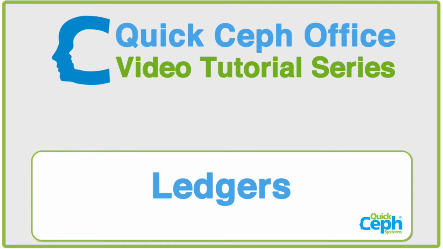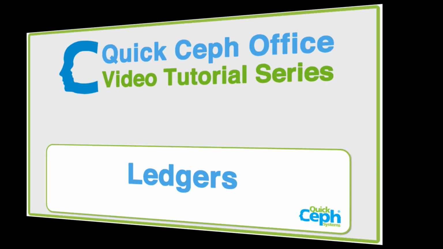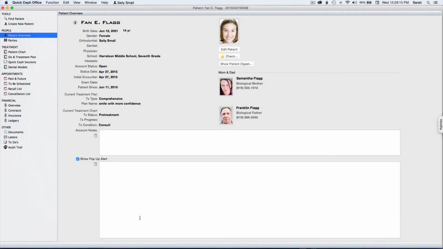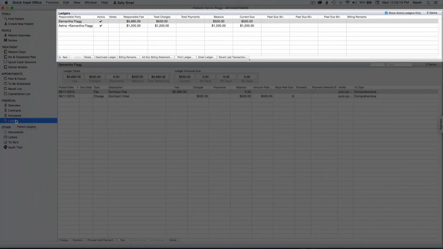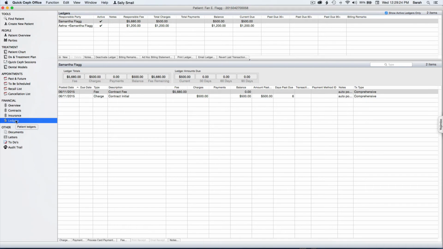This video will familiarize you with QuickCeph ledgers. We'll start from a patient record and then select ledgers from the sidebar. At the top of the screen, you will see a list of ledgers associated with this patient. There will be a ledger for each guarantor as well as a ledger for any insurance companies that are providing